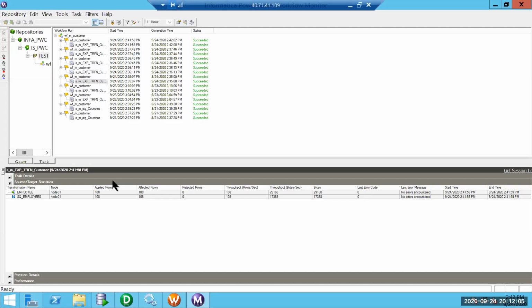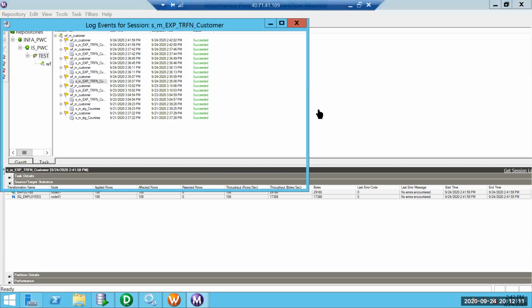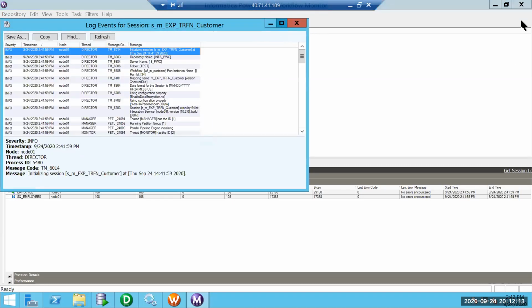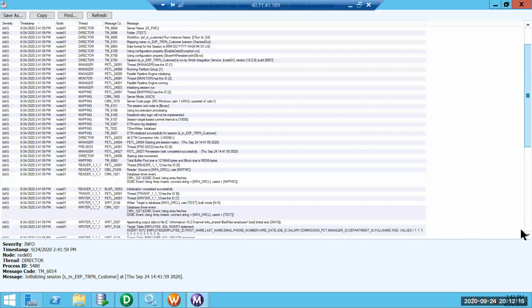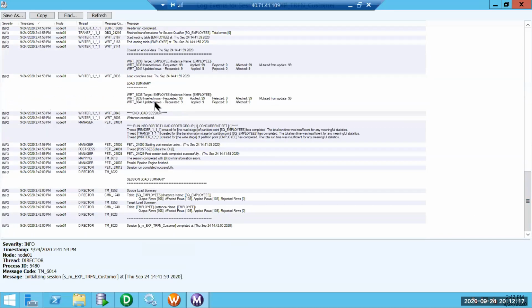If you want to understand how many records got inserted and how many got updated, here it says inserted rows 99, because we deleted 99 records, and 9 records got updated.